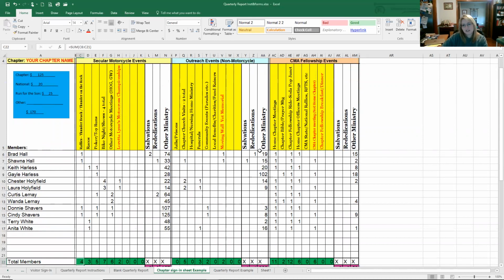Now, something I want you to take note of is that you've got Gail. She did not have any events in outreach, but she still had other ministry, and she wasn't at the chapter meeting, but you have her activity. As a secretary or an officer in the chapter, it's your responsibility to make sure your members understand that even if they can't make the meeting, they still need to submit the ministry that they did for that month. So this is a good example of